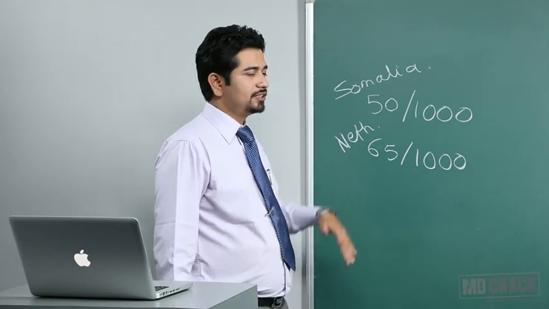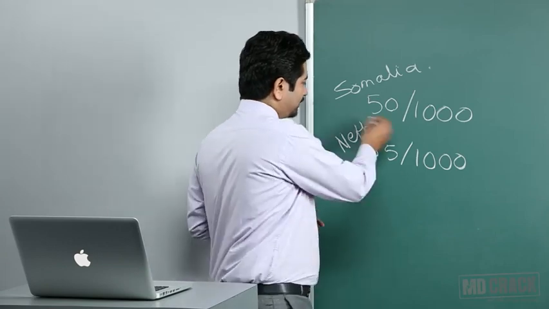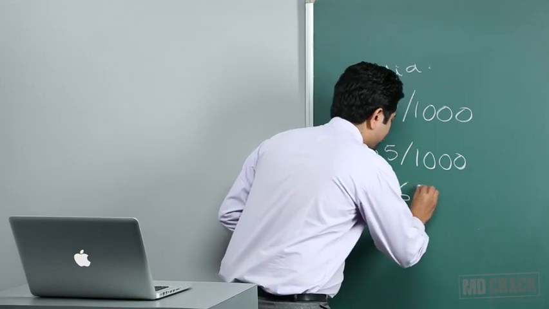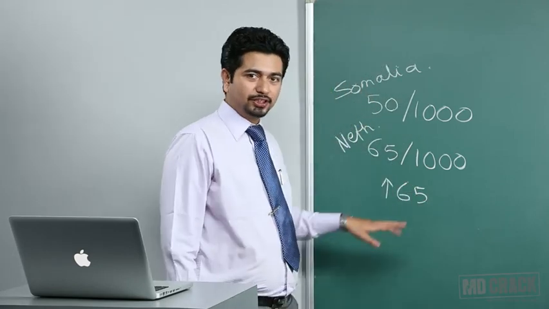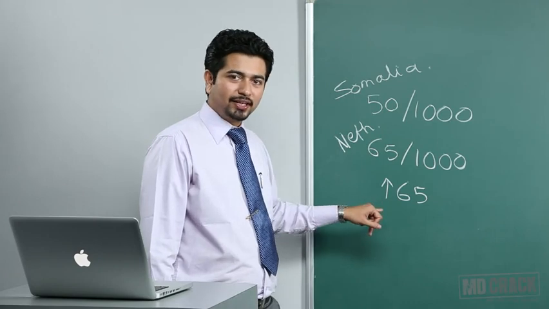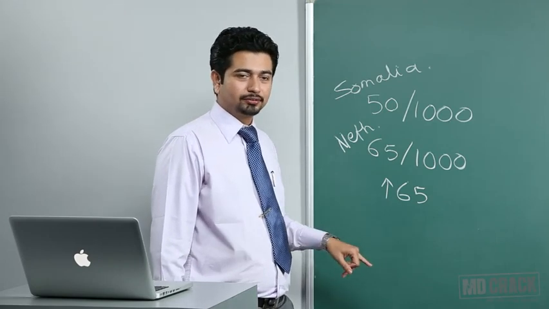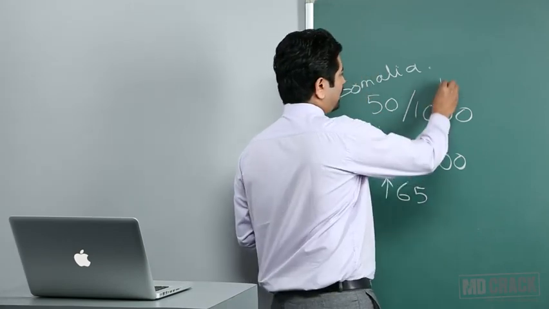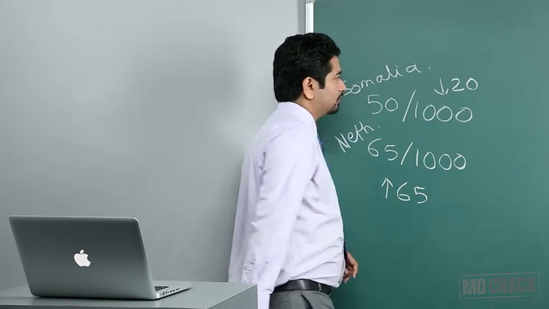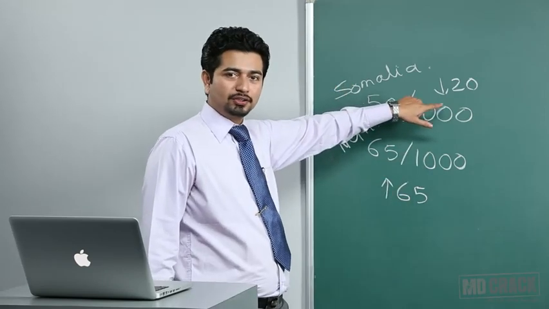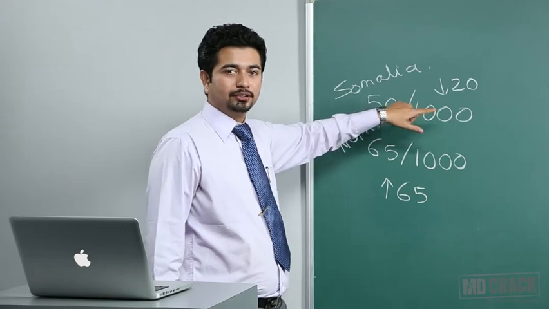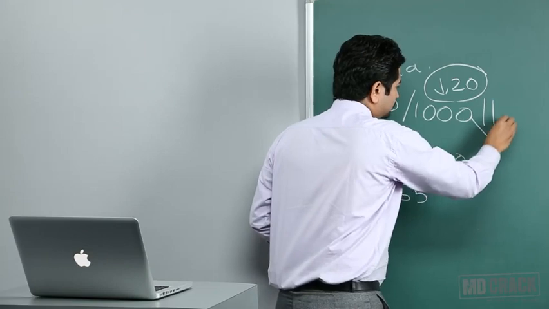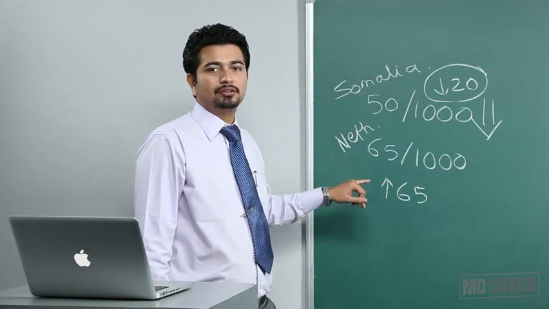Now when you split these numbers, you will come to know that maybe in Netherlands, the people who are dying in the 65, majority come from the age of above 65. So were these people supposed to die? Yes, nobody is immortal. They were supposed to die. In Somalia, if I split this, maybe amongst these 50, majority of the people are under 20. Were they supposed to die? No, they were not supposed to die. They are dying prematurely. So the health status of this country, Somalia, is in reality bad as compared to the Netherlands.